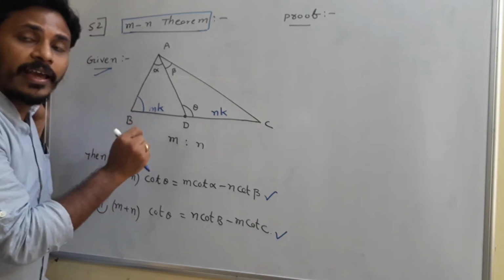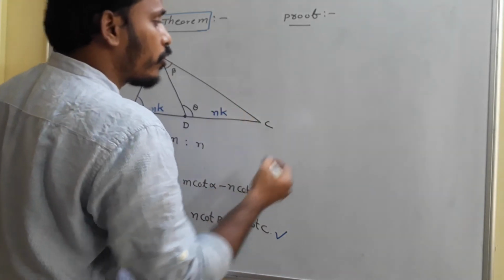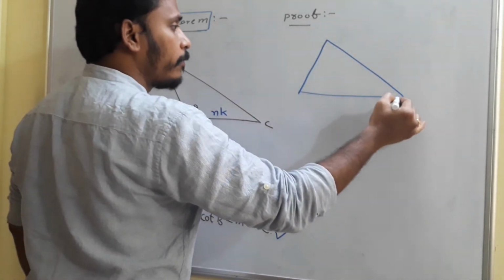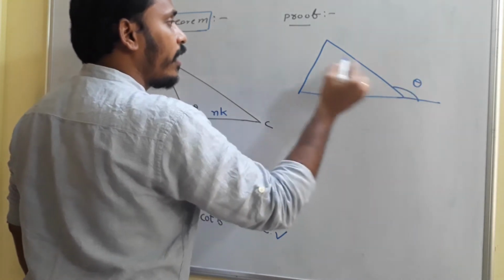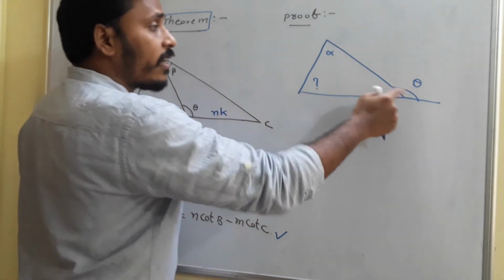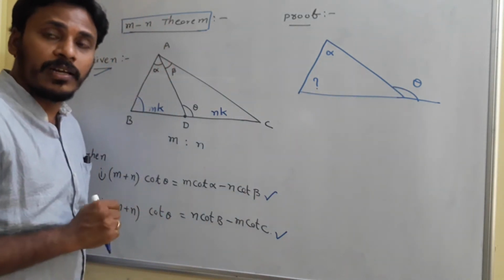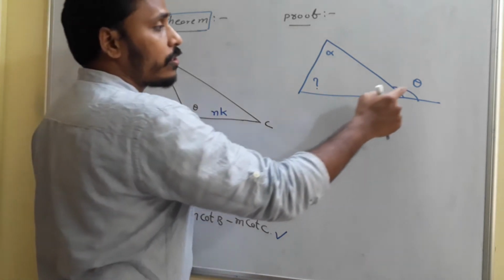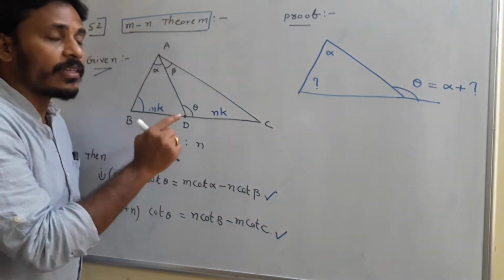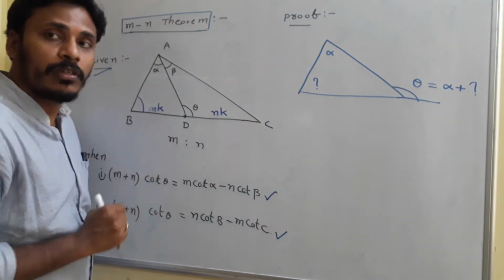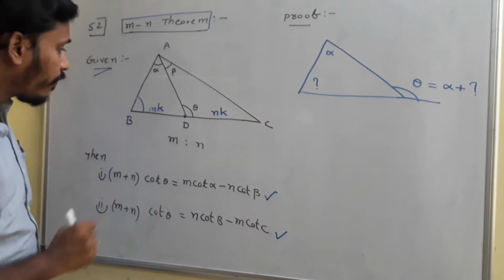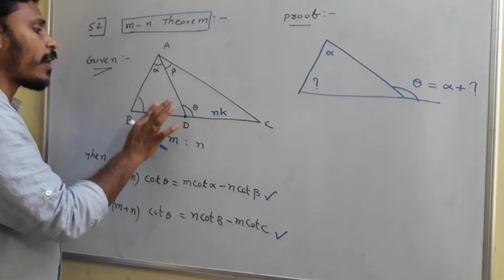In any triangle, the exterior angle is the sum of the opposite two interior angles. Look here. Suppose this is the triangle, here I have theta, here it is alpha, then what do you say about this angle? The exterior angle equals the sum of the opposite two interior angles in any triangle. So with that logic, theta is alpha plus question mark. So that question mark is simply theta minus alpha. Is it clear? That's why this angle becomes theta minus alpha.